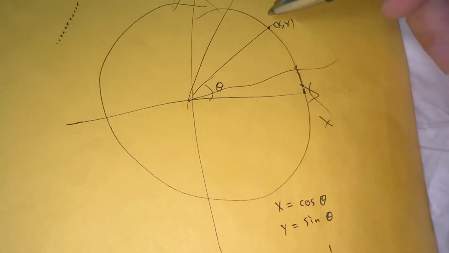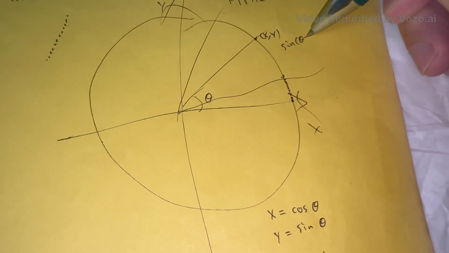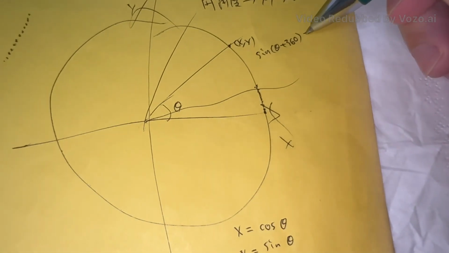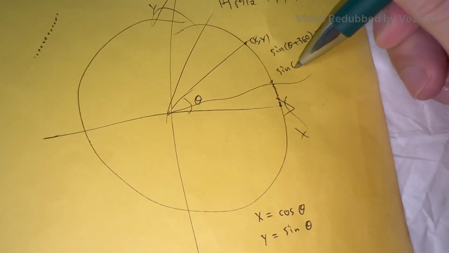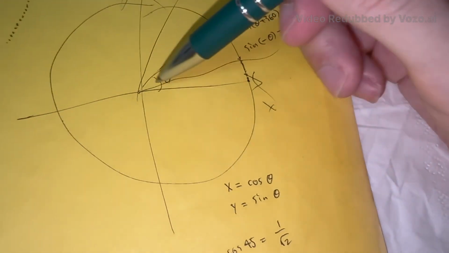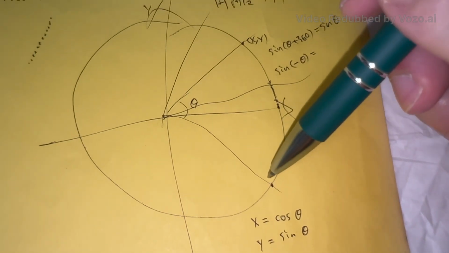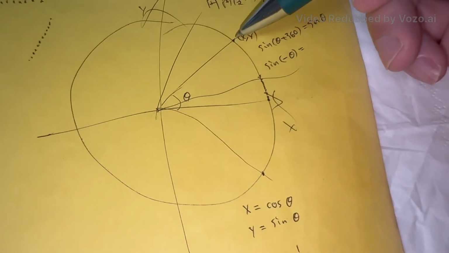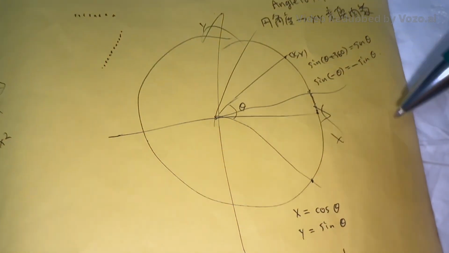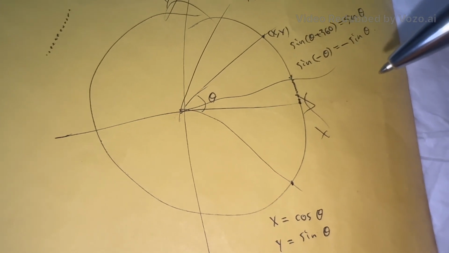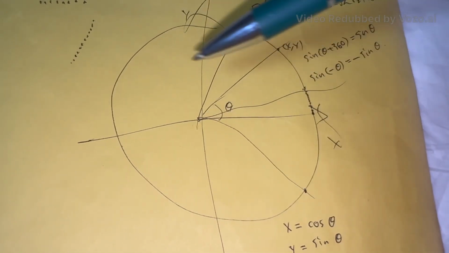And then, since the xy is the same after a full turn, adding 360 degrees gives you the same result. And also, for example, sine minus theta means what the y is when you go this direction. It's just that the y, when positive, becomes negative, so it becomes minus sine theta. You can understand trigonometric identities if you picture this diagram in your mind. Or you can just draw it.